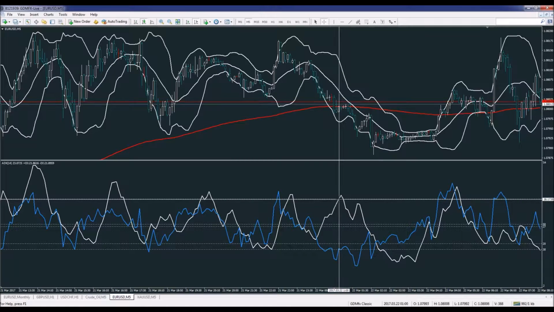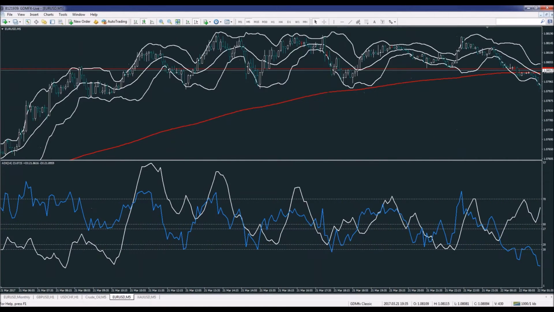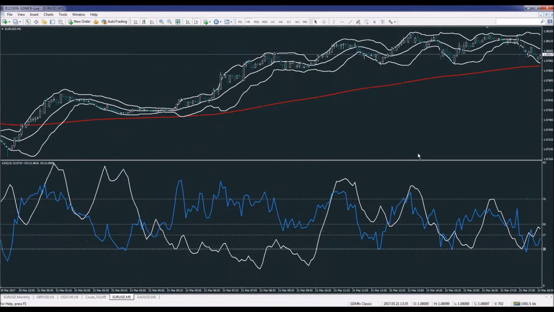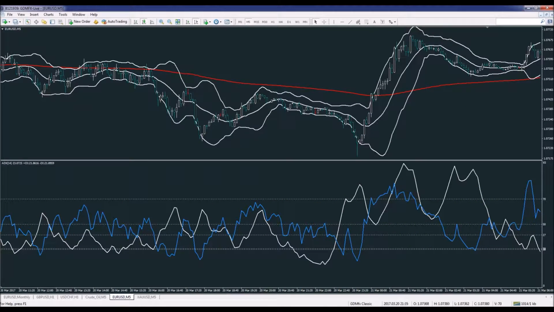Also, when I mentioned we should not use it within the boundaries of this, it is basically because the move is not over. You can see how tight it is, 1 to 2 pips of direction, and then the market bounces off the moving average and goes back down. That's why we only pick opportunities on retracements where we have a significant distance between these two, and it should always be used outside of the boundaries. Even if one of them is outside and one is inside, it is also a breach of the so-called